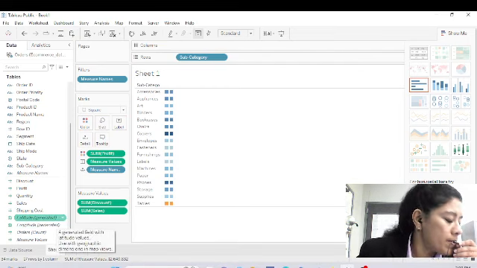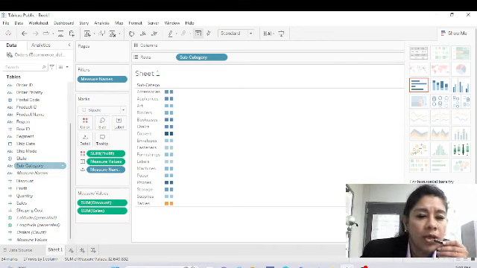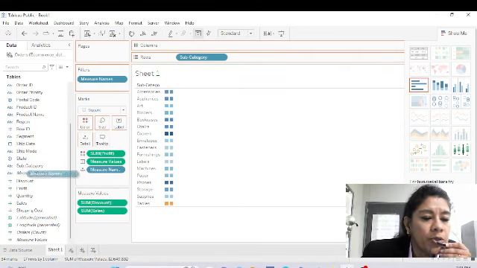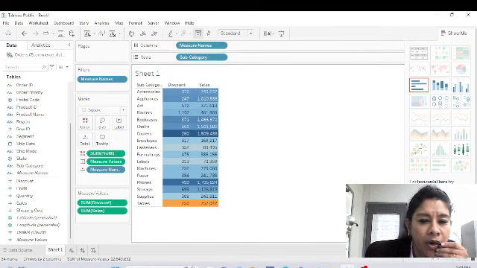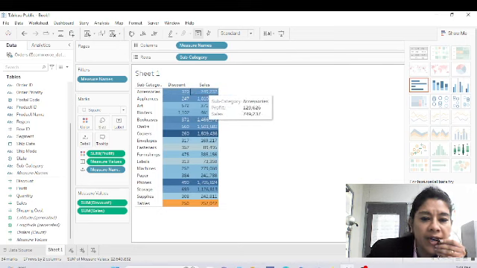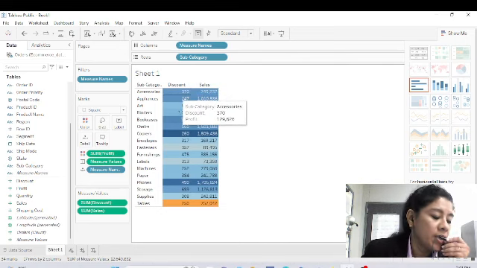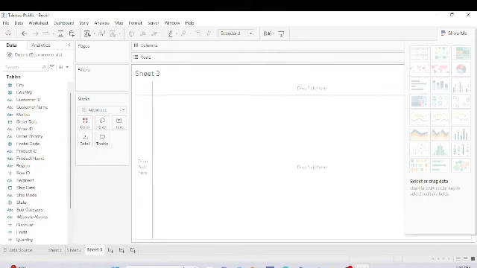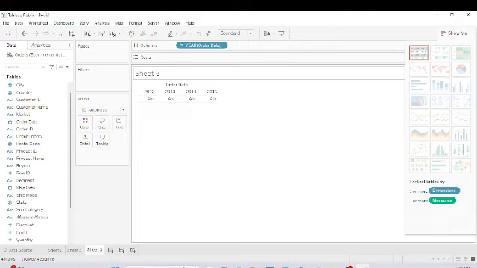And I'm going to put measure names in columns. So now I have all sales and discount, sales and profit across all years. So what I'm going to do is I'm going to take order date and put in columns, and then I'm going to put